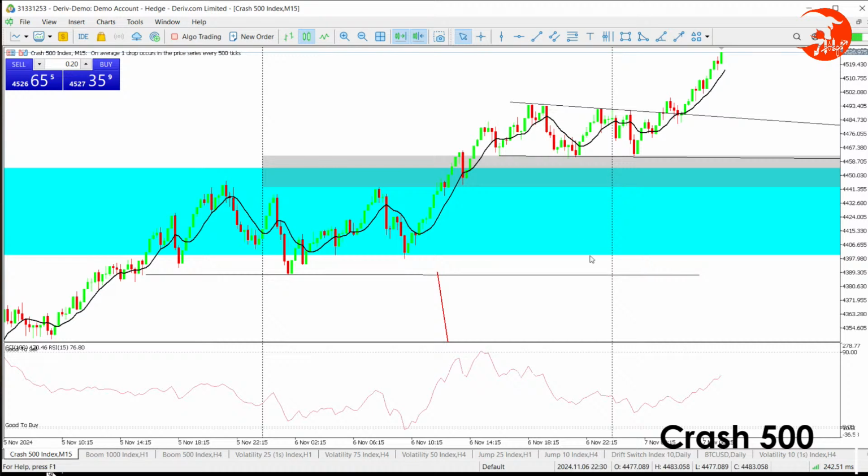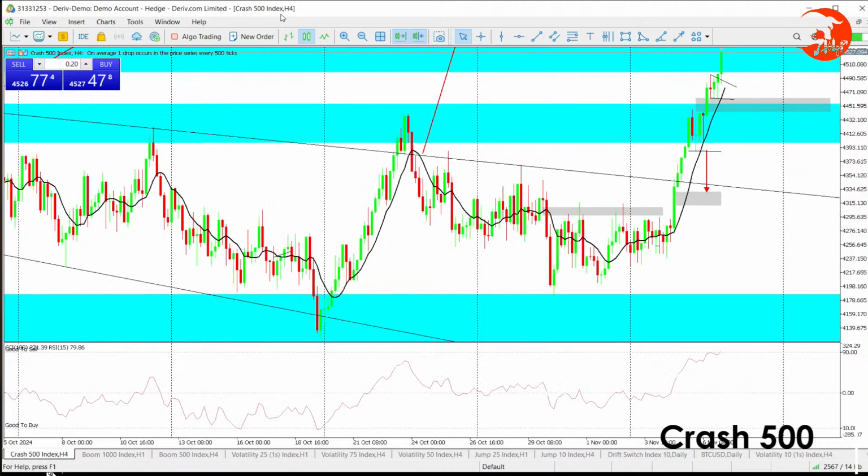All right, I think that's basically it. That's basically it on Crash 500. And now I wish to write here how we can enter this. I've showed you. I'll be waiting for a retracement, probably on H4,